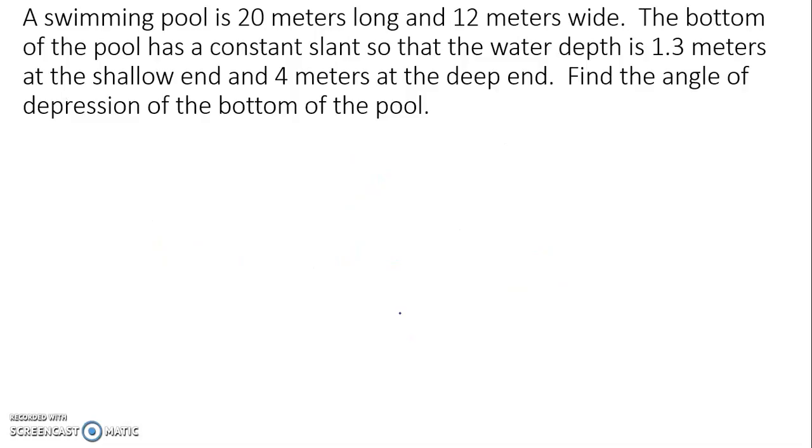The swimming pool is 20 meters long and 12 meters wide. The bottom of the pool has a constant slant so that the water depth is 1.3 meters at the shallow end and 4 meters at the deep end. Find the angle of depression of the bottom of the pool. So,